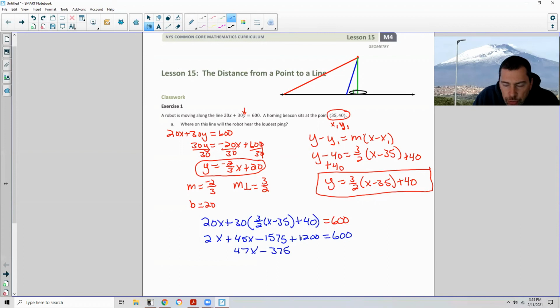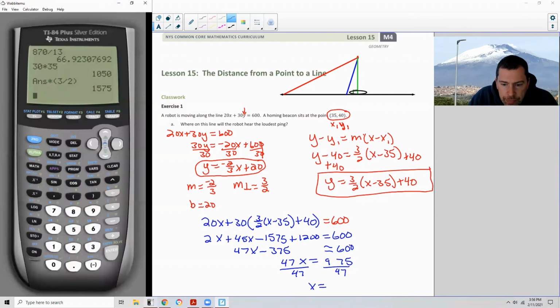Negative 1575 plus 1200 equals negative 375, and then finally I add 375 and I get 47x equals 975. Okay, and then I divide by 47 and I find my x value at that point. So I'm going to take 975 divided by 47, and that gives me,